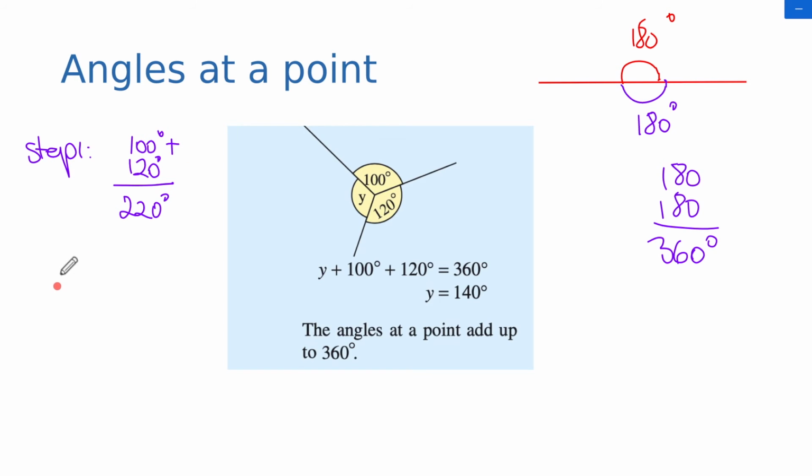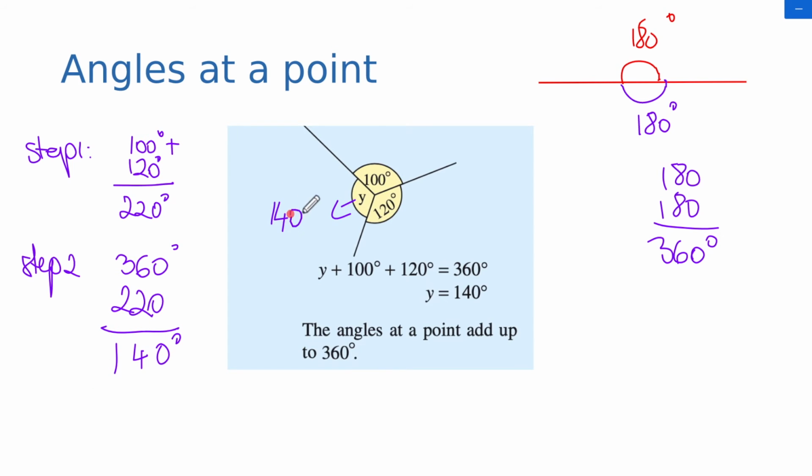That's what we have so far. And step 2 is find out how much more you need to get to 360 degrees, and you do that by subtracting this number from 360 degrees. 220. Okay, and that's 0, that's a 4, and that's a 1. So it means we need another 140 degrees for this angle